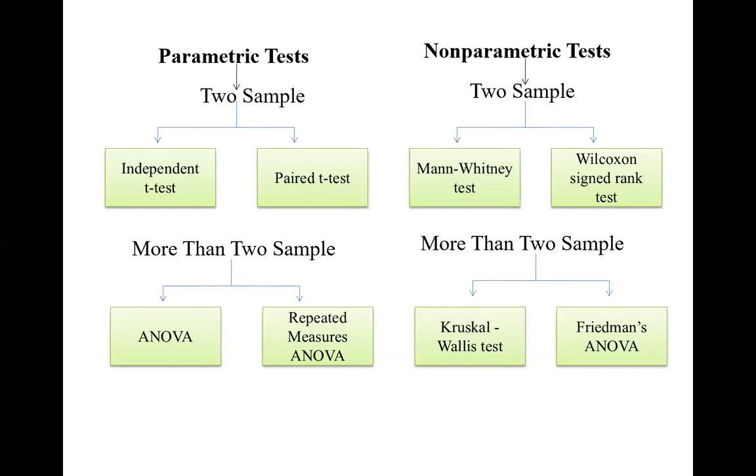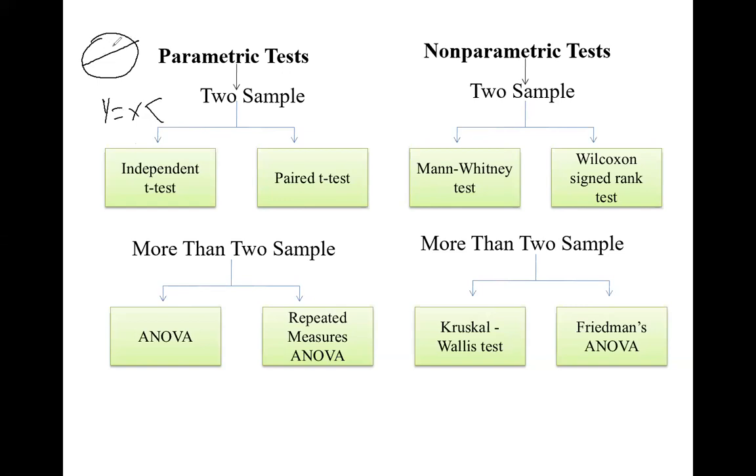We divide our sample into two mutually exclusive groups. What does it mean, two mutually exclusive groups? When we want to compare the two groups, we generally divide our sample into two parts. There are two categories in a sample. In the independent t-test, y is the dependent variable and x is the independent variable.